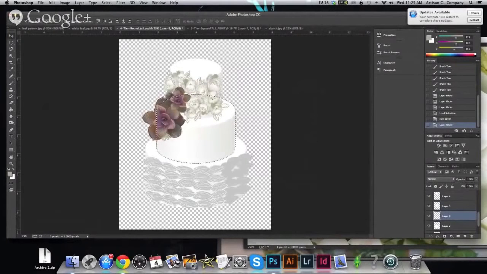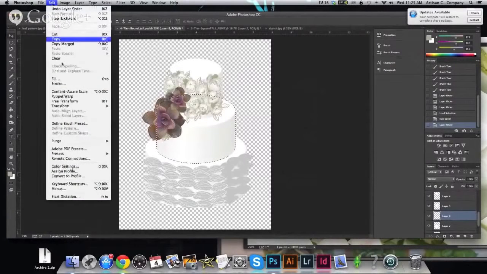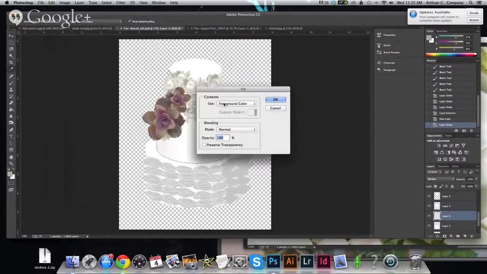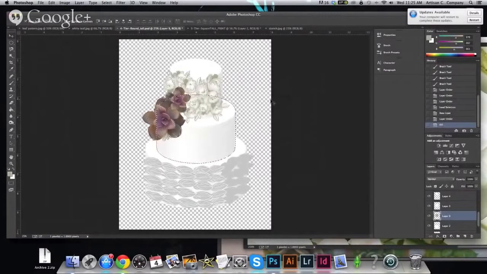And go up to Edit, Fill. Yes, I want to fill with a foreground color. And where is it? You can't see it. I'm going to press Command D to deselect because I'm done with that. If you look down in your layers, you can see this little green blob. The color is behind this layer up here. So I'm going to click on this again. I'm going to go to this little drop-down menu right here,